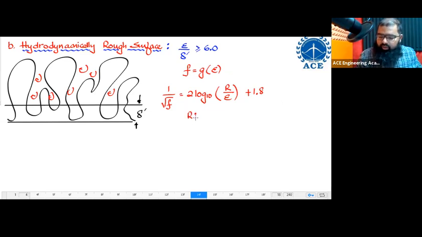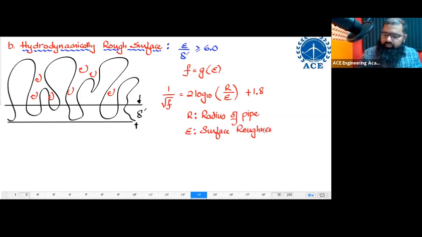Capital R over here is known as radius of pipe. And epsilon over here is your surface roughness. Epsilon over here is surface roughness. Okay, fine. Now,